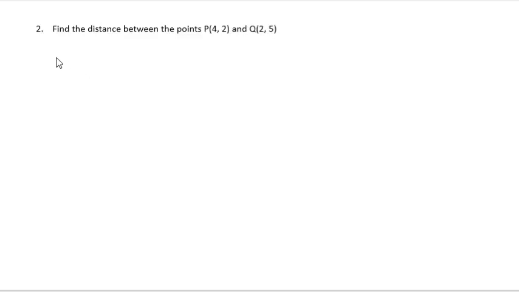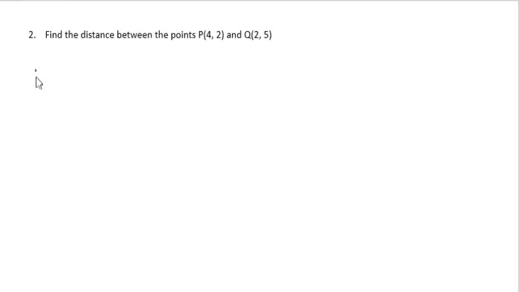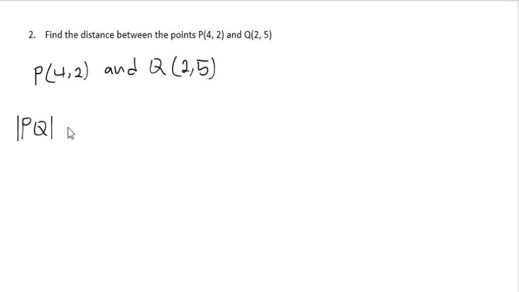So the coordinates of the point P is 4, 2 and Q is 2 and 5. And by our formula, the distance PQ is given by